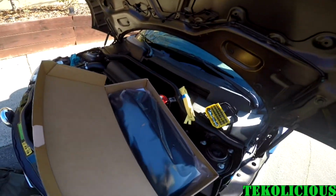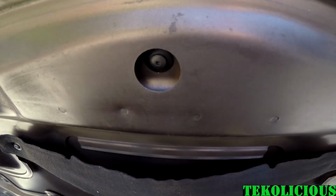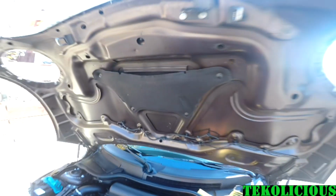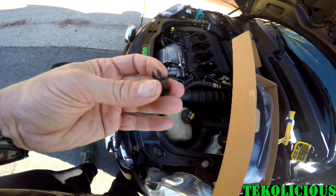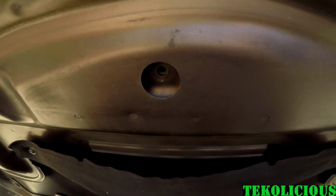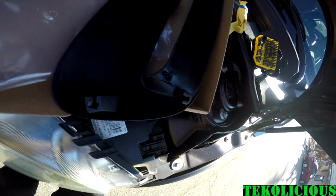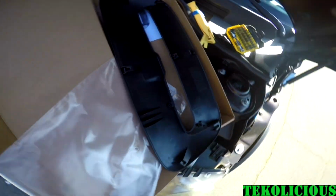So the main thing you have to start off with is you have to take out this screw that's right at the bottom. So let's do that. So the screw goes in and spreads out the plastic, and that goes into this hole right here, and that's what's holding it down. Here is the new one,